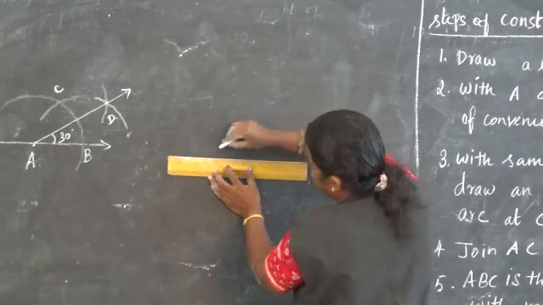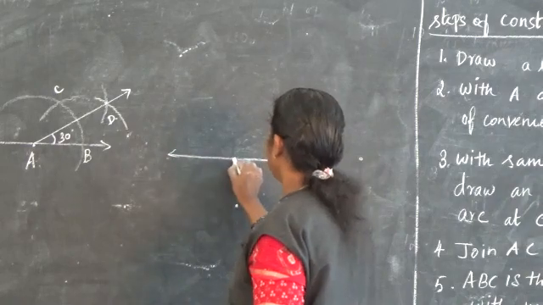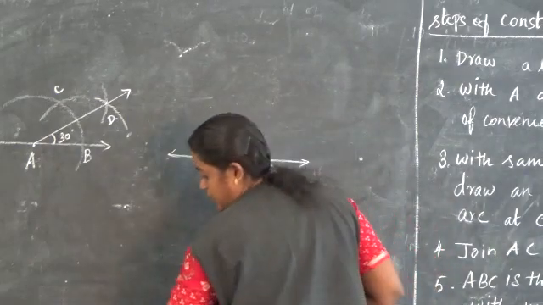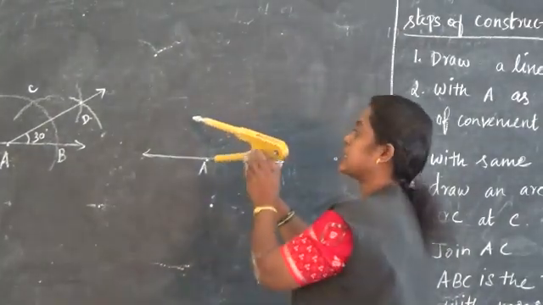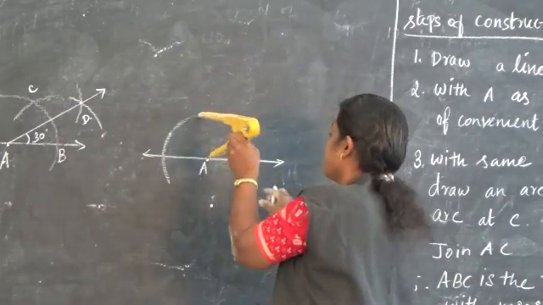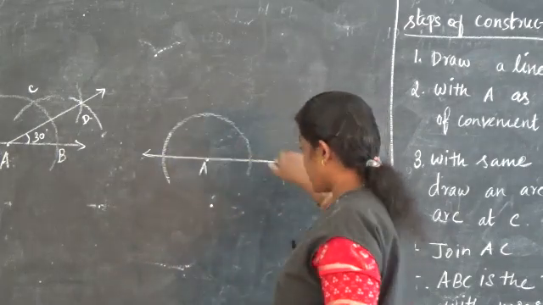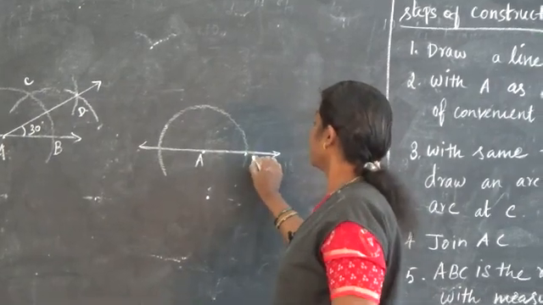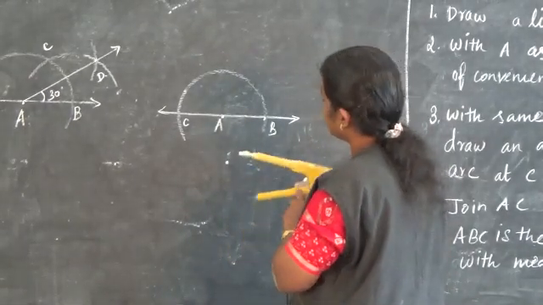Now draw a line, mark a point A on it. A as a center, any convenient radius, here I am drawing a full arc or else a semicircle. I drew a semicircle, this one B, this one C, without changing any measurement,